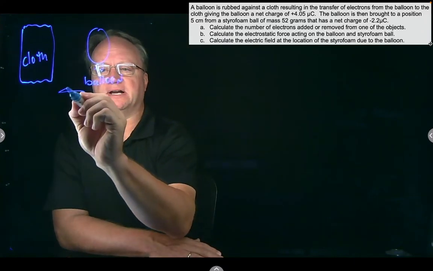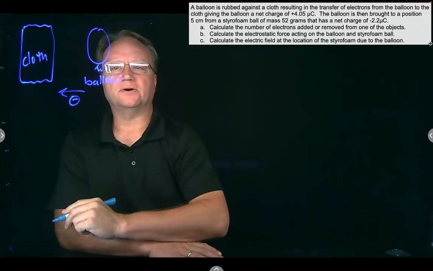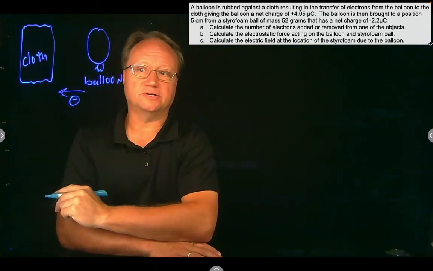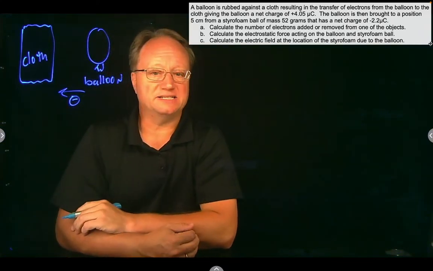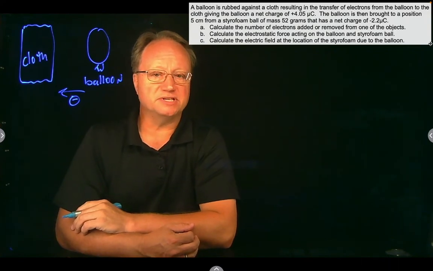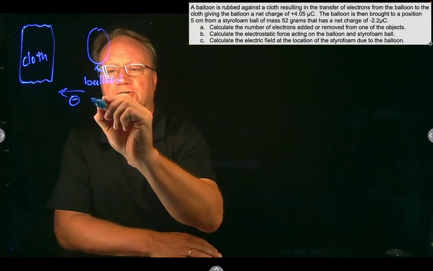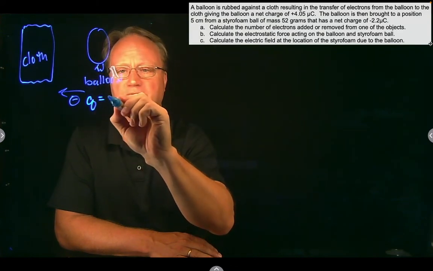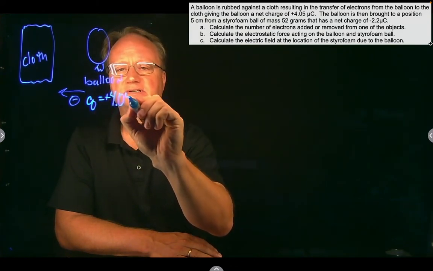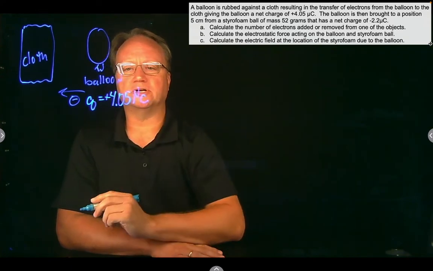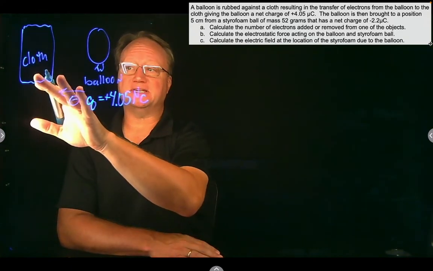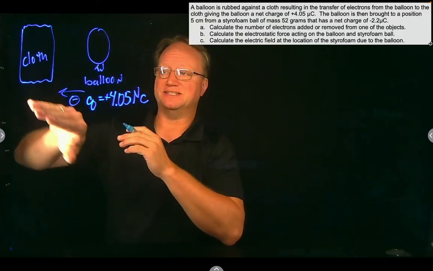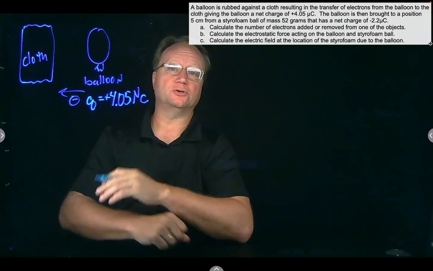So then my electrons are going to go in that direction, which means that my cloth will have extra electrons and my balloon will be lacking some electrons. So that gives the balloon a net charge of a positive 4.05 microcoulombs. That would mean that the cloth would have a negative 4.05 because that's related to the quantity of electrons